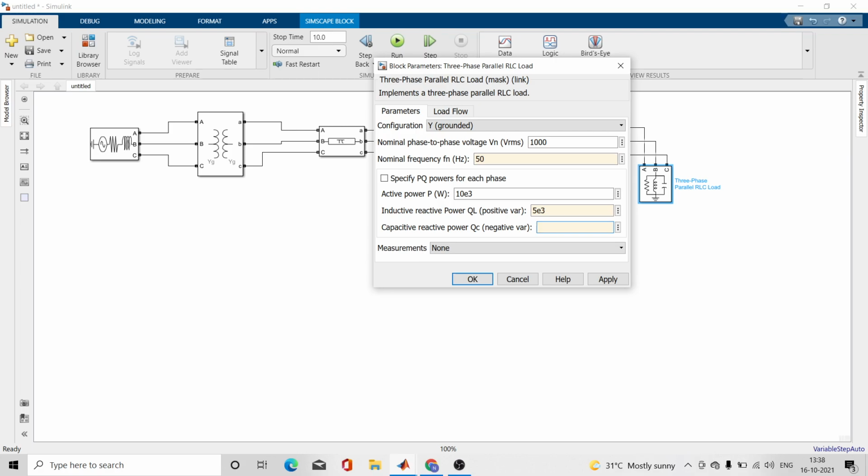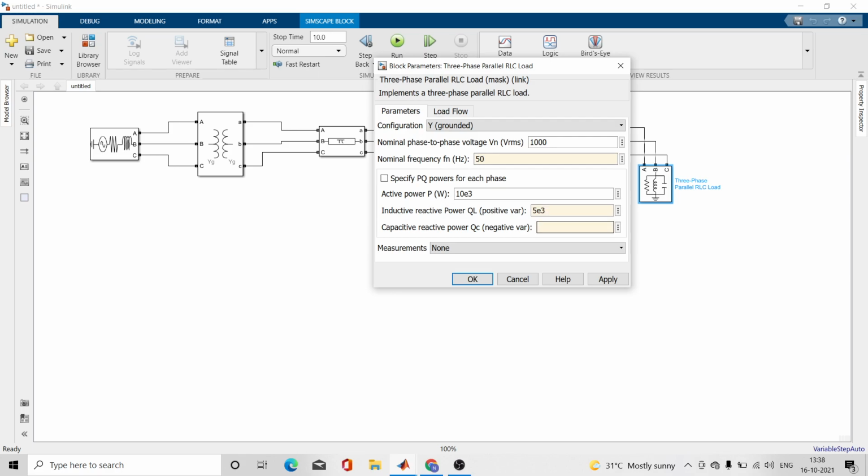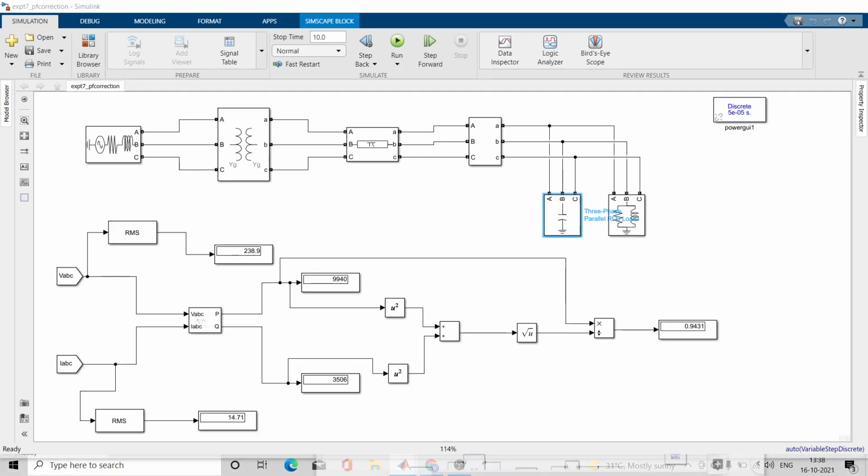So this is the first case where you have an RL load, and we are going to see the power factor. Then we will insert the capacitor. I need to put 0 over here. So here you can see there is only RL load.